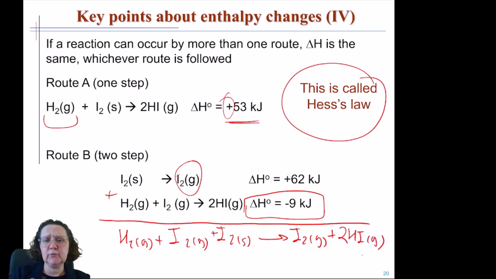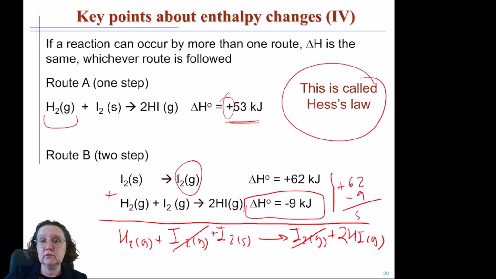And you look, okay, I have iodine in gas form here and here, and that's the only thing I can cancel because the others are not the same. The iodine in solid form cannot be cancelled with anything. The same with the hydrogen in gas form, the same with the 2 moles of hydrogen iodide. And if I think, what did I do with the equations? I add them up. So if I add up plus 62 minus 9,